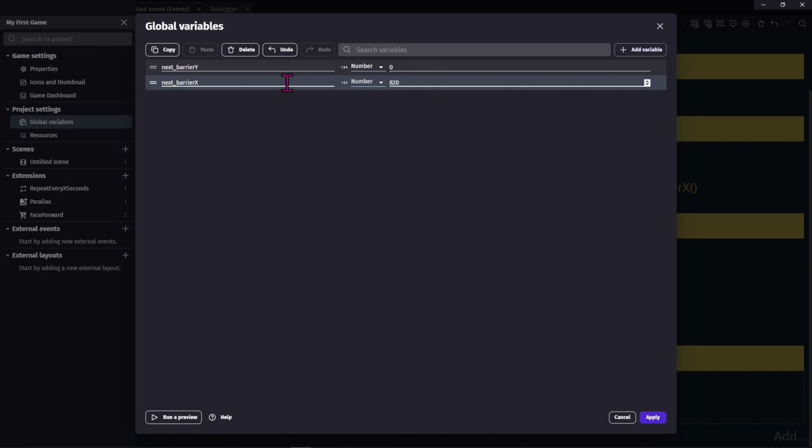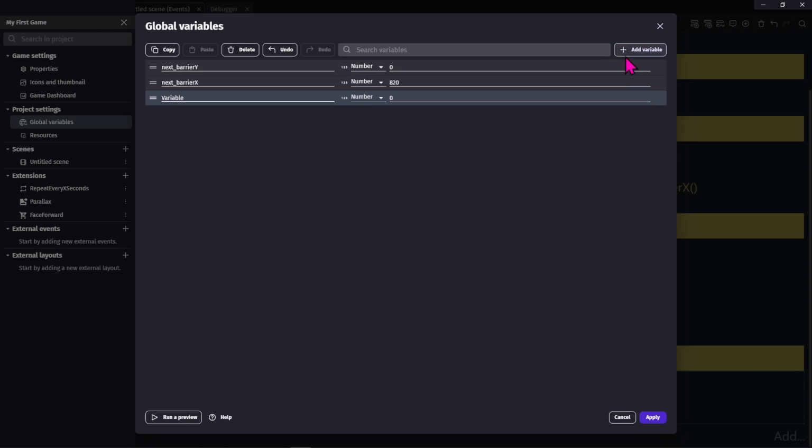These two variables are going to be the location of the next barrier objects spawned in the game, with 820 being off to the right side of the screen just outside of view. Remember, our scene width is 720. If you're using a scene width that's wider than this, be sure to set this outside of whichever screen you're using. While we're here, let's go ahead and add a couple other variables which we know we'll want in the